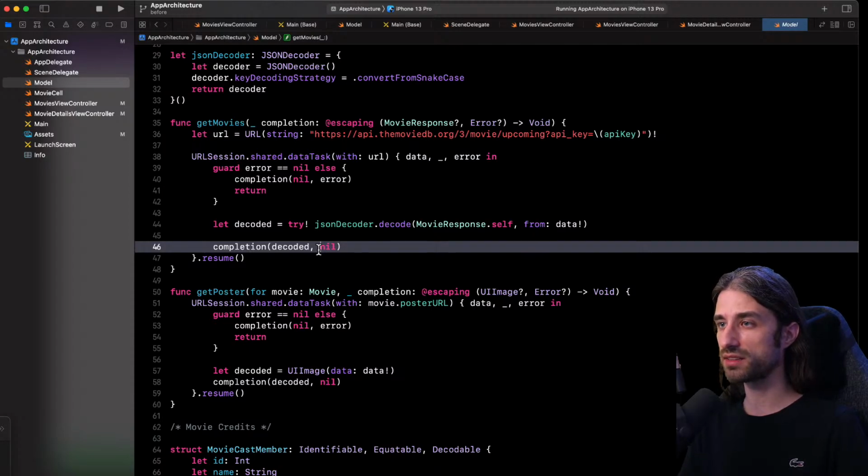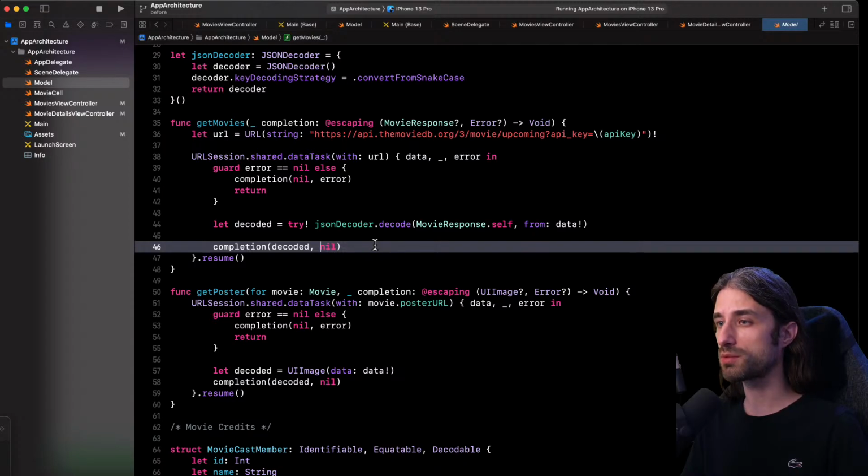While this makes sense and this approach is actually used across the iOS SDK, there is one downside. And I'm sure some of you have already figured it out: in the business logic of our app, there are only two possible valid states. Either we have a result and we don't have an error, or we don't have a result and we do have an error.